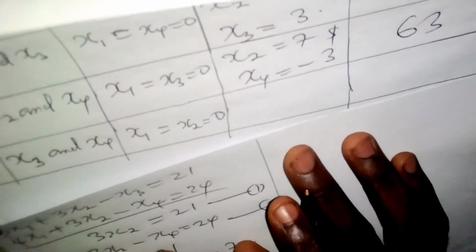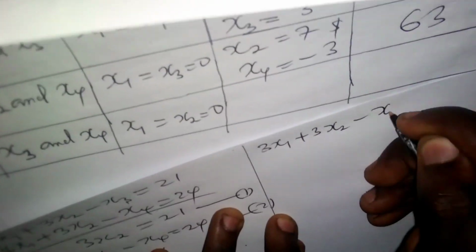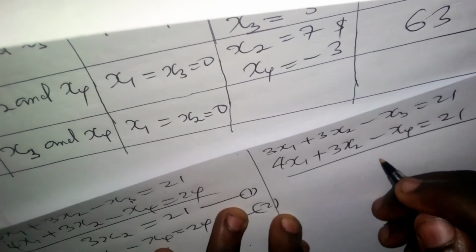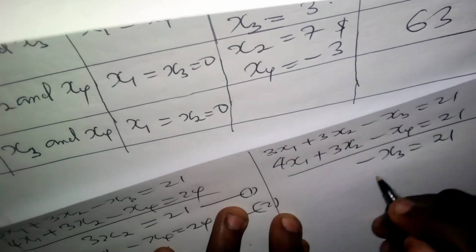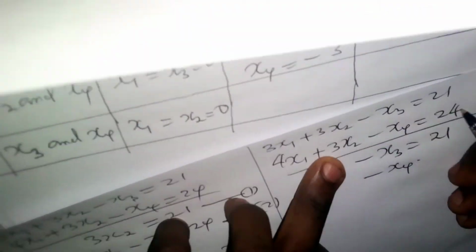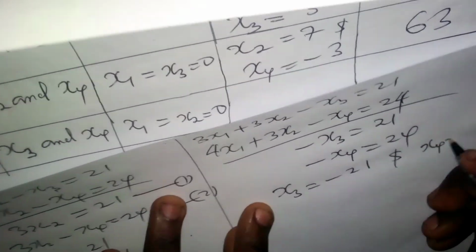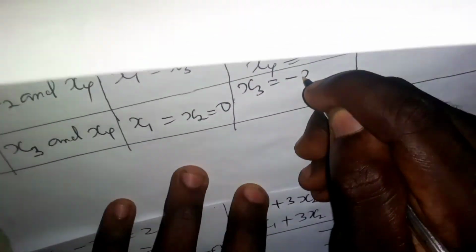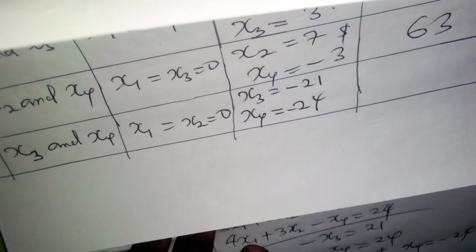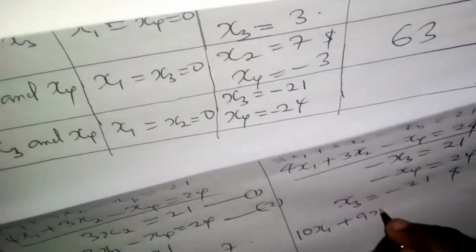Now we'll move on to the last case. The last case is x3 and x4, when we fix x1 and x2 equal to 0. So we have 4x1 plus 3x2 minus x4 equals 24. If x1 and x2 are equal to 0, we have minus x3 equals 21. Then here, x1 and x2 equal to 0, we are left with minus x4 equals 24. So if we solve this problem, we observe that x3 equals minus 21, and x4 equals minus 24. And if you substitute back into the objective function, 10x1 plus 9x2, we have